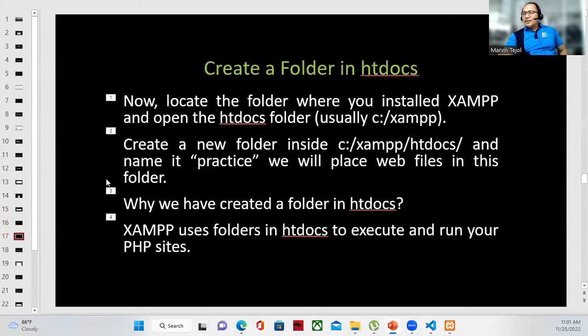So here you're going back, no, to create a folder in the htdocs. Okay, so now you can locate the folder where you installed XAMPP and open the htdocs folder. Then you're going to create the folder with the name practice, no. We will place the files in this folder. So inside the htdocs, we are going to create the folder named practice. Then inside that, that's where we create the PHP file. No? So after that,